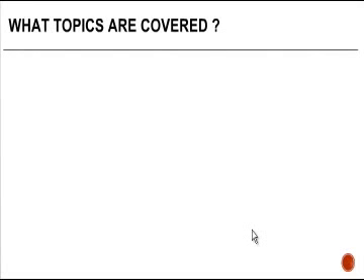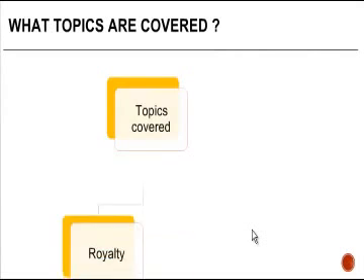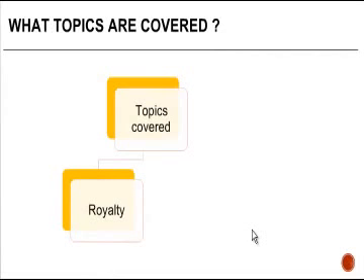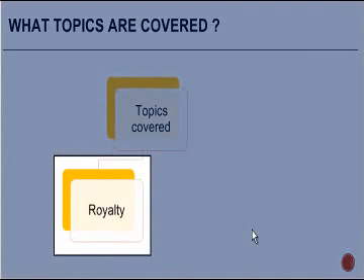So like I said, let's understand what Article 12 covers. There are basically two topics which are covered as a part of Article 12. The first one is royalty. Now, royalty, if you see, is technically a payment which is made for the use of an asset. That asset might be a tangible asset, such as an equipment, or it could be an intangible, something like a brand or a patent or a trademark, and many other intangibles which are there, right?